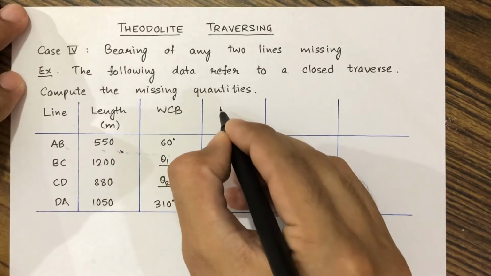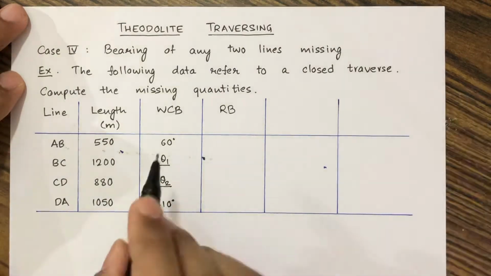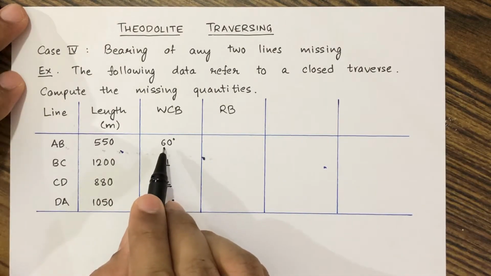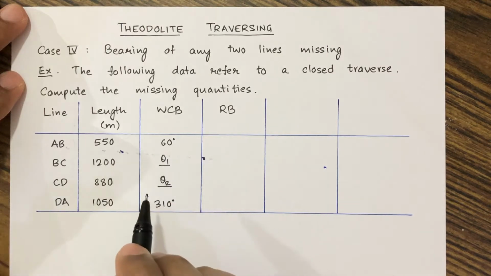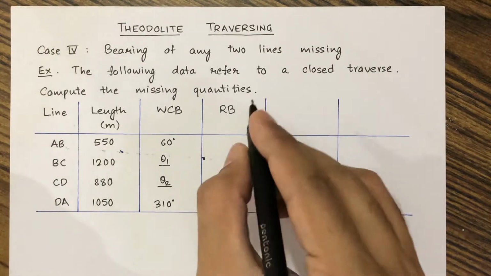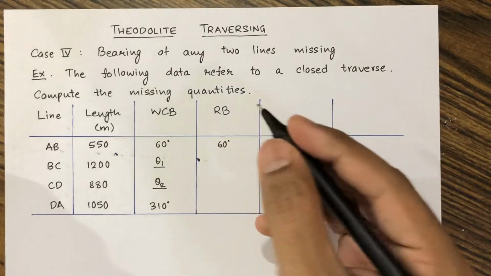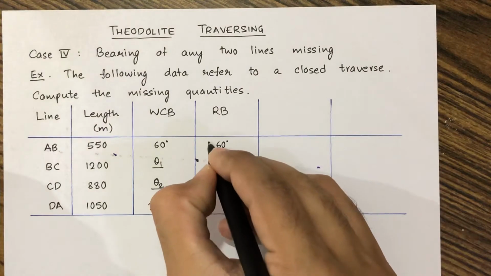Now before that, let us calculate the reduced bearing. Now here the whole circle bearing is given as 60 degree. As 60 degree is in the first quadrant, the reduced bearing will also be equal to 60 degree itself. The first quadrant is the direction north east,